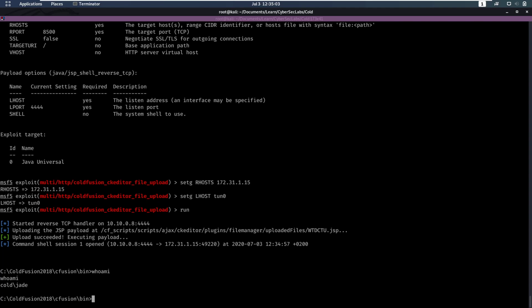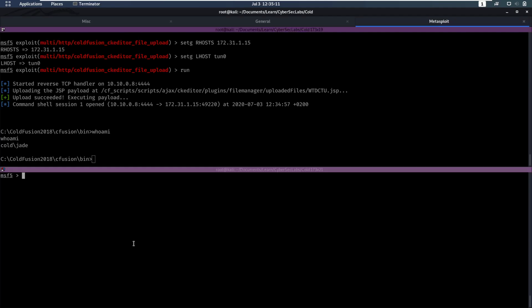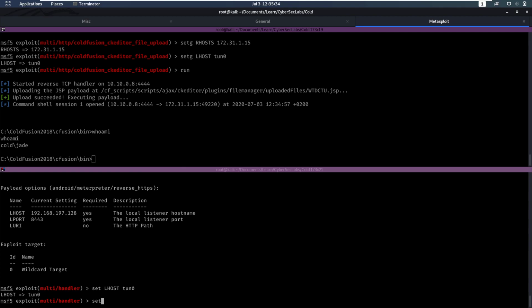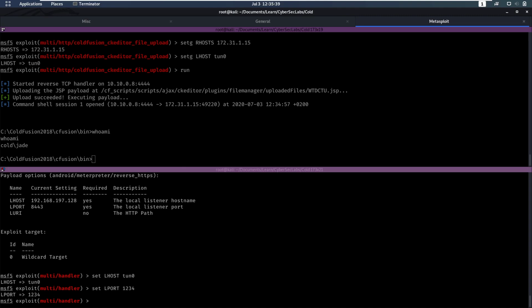Who are we? We are currently Jade. So this is just a command shell, but I would like to have a meterpreter session, which will make it easier for me to work with stuff. So let's do that. We're going to exploit multi/handler. Now in here, we can do show options again. Gonna set LHOST to tun0, set LPORT, let's pick 1234, and now we need to create